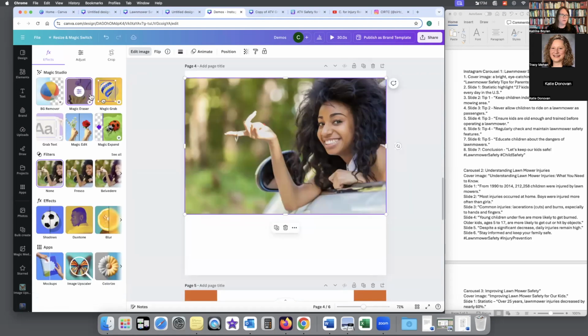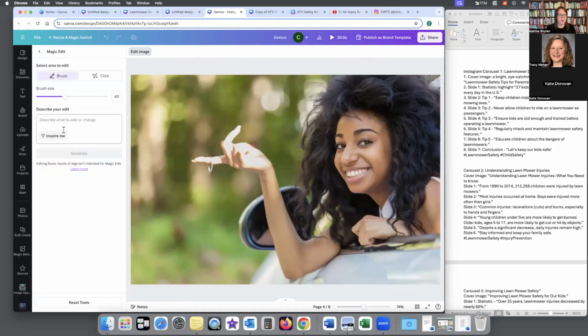So then what we can do is go back to the magic edit. What you're going to do is highlight the entire area you want to have filled. This is going to be a little larger because I'm trying to make it water bottle-sized. To be honest, I did this before and I did it just the size of the keys, and so it turned out that all of the things it replaced it with were also the size of the keys. So highlight the area that you want it to fill. And then this is the part that doesn't always work. Sometimes it does, sometimes it doesn't. So what you can do is